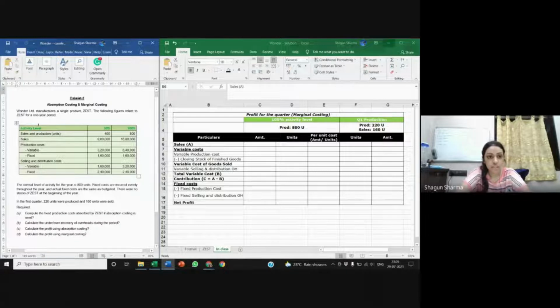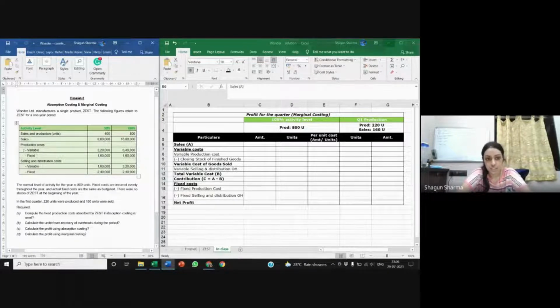Okay. So here they have given you a budgeted activity level of 50 versus 100%. The 100% activity level is just the double, so you can ignore the 50%. It says that during a year, they expect you to produce and sell 800 units. So they're assuming that you're selling everything that you produce. So they've given you your revenue. Then they've given you two types of costs: production costs, which is to make your product, and the selling and distribution costs, which is to sell your product after production is complete.